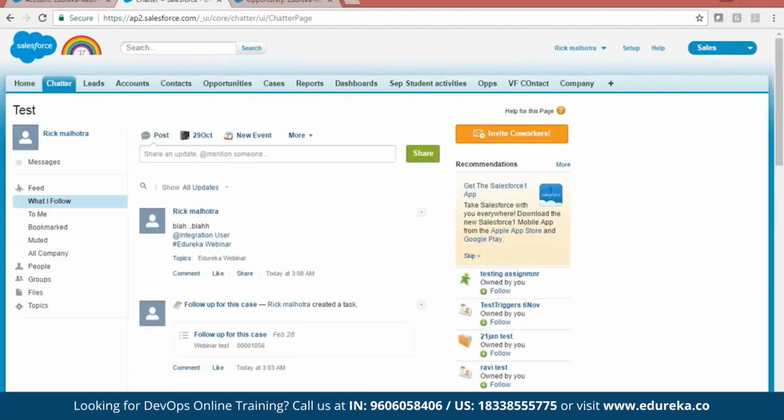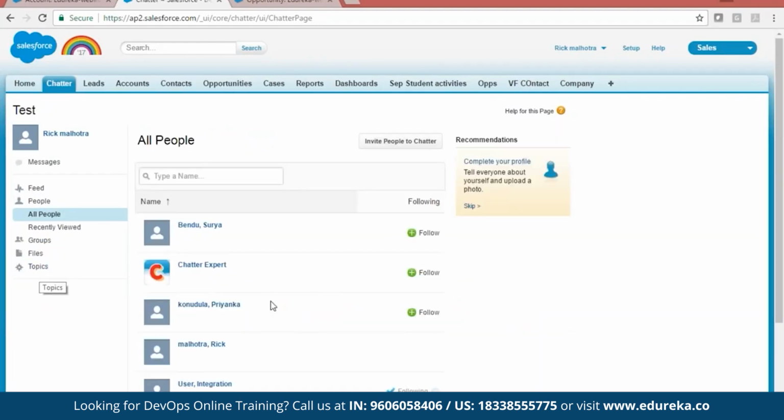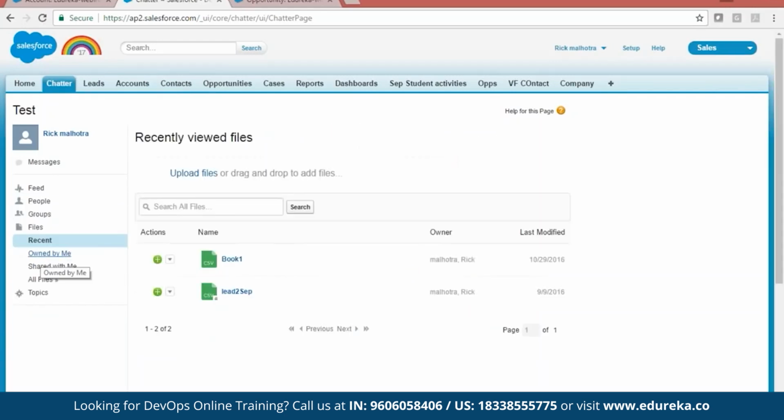Under chatter, I can also upload my picture and write about myself. I can join with people, I can follow them, and they can follow me. I can also upload the file which I'm talking about, which is more important. Uploading a document is very simple; it is just a document which will be visible to anyone who has the link. But I want some extra security, some password policy, some encryption. Then what?